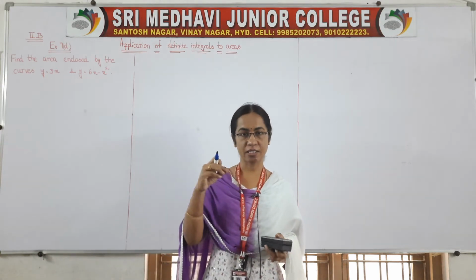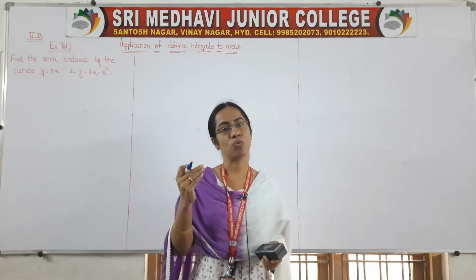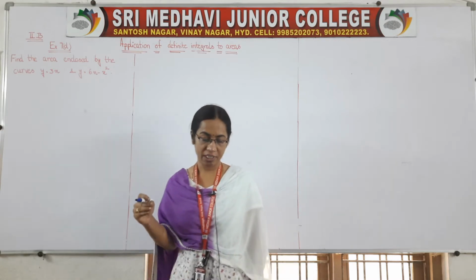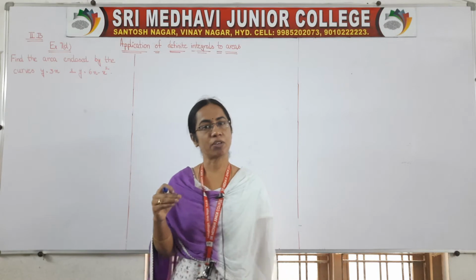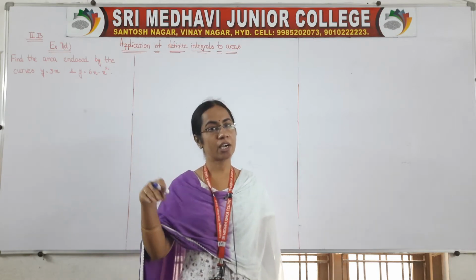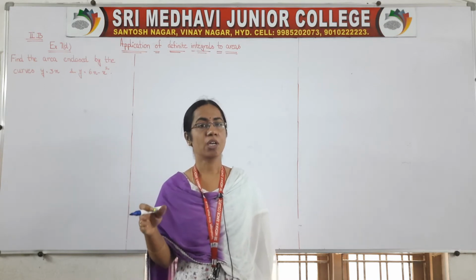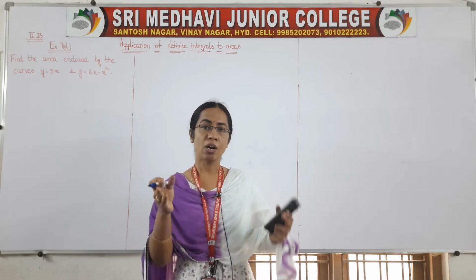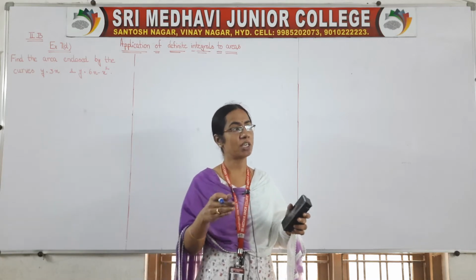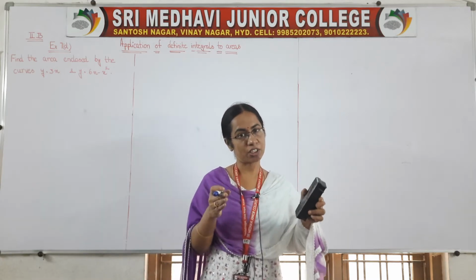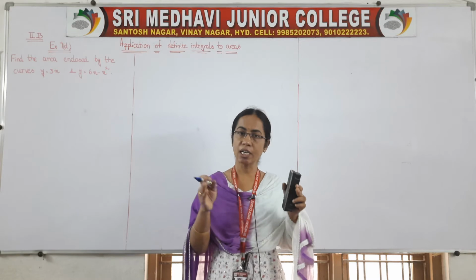So we are doing areas by using the definite integral. I think now you know the concept of how we will find the areas by using definite integrals. In that, one curve equation will be given to you, and one line equation will be given to us, and we have to find the area in between that curve and the line, or two curves also sometimes they will give, right? So first of all, we have to find the point of intersection of those two curves, or curve and line, so that we can find the area from that point of intersection to another point of intersection. So we need the point of intersection of the curve and the line.